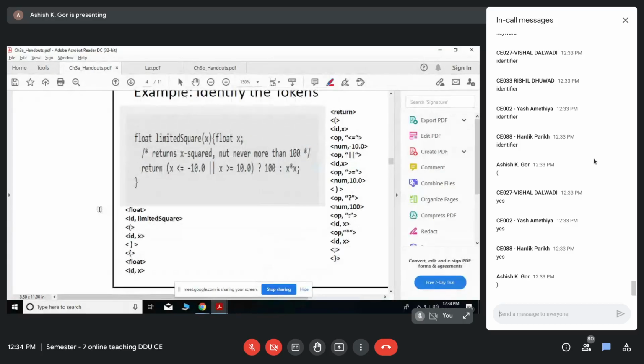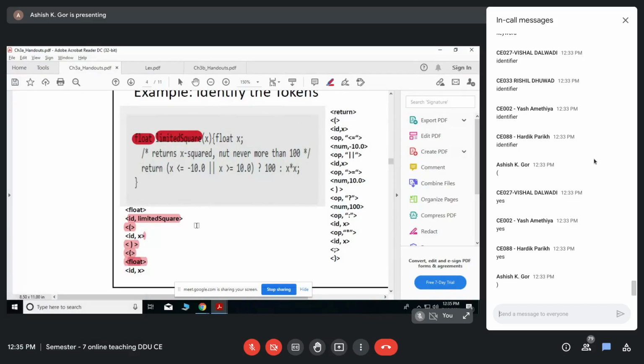Okay, starting from float. In the exam, if you are asked this kind of thing, you have to write it like this. Float is a keyword. ID, so limited square is an identifier. Then opening parenthesis, X is ID, closing parenthesis, curly bracket opening, float, ID X, semicolon.